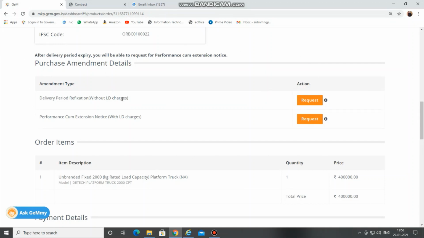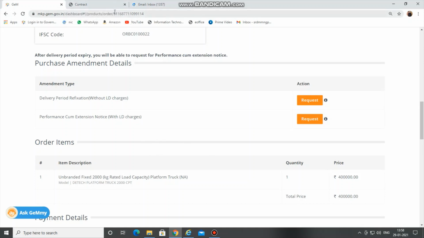The point of incurring LD was given for submitting the bill side. Like in the bills we can incorporate the LD or exempt the LD part. But now while extending the DP itself, we can give them an extension with LD charges or we can refix the DP without LD charges. So like this is a very good case what I am dealing here.